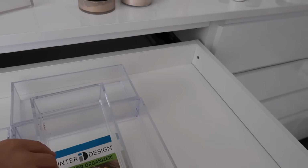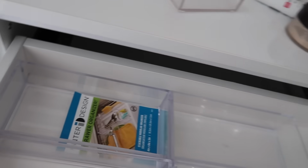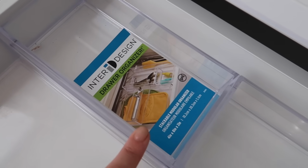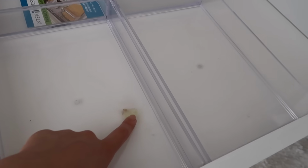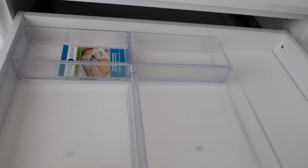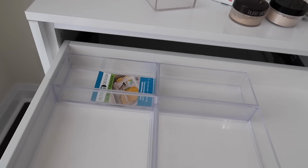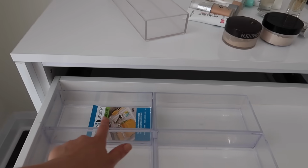Okay, so I actually just realized that these fit perfectly in here, and these I got from HomeSense a while back. They're from the brand Design. I'm gonna try my best to tell you where everything is from today. Don't mind this, a makeup product spilled there so long ago, and it literally won't come off. But anyways, this fits so perfectly, so I feel like I can put primers and then maybe powders back here